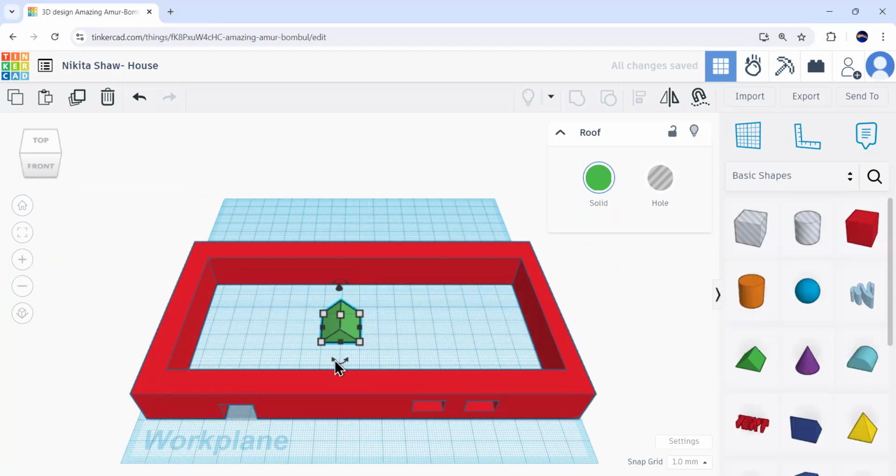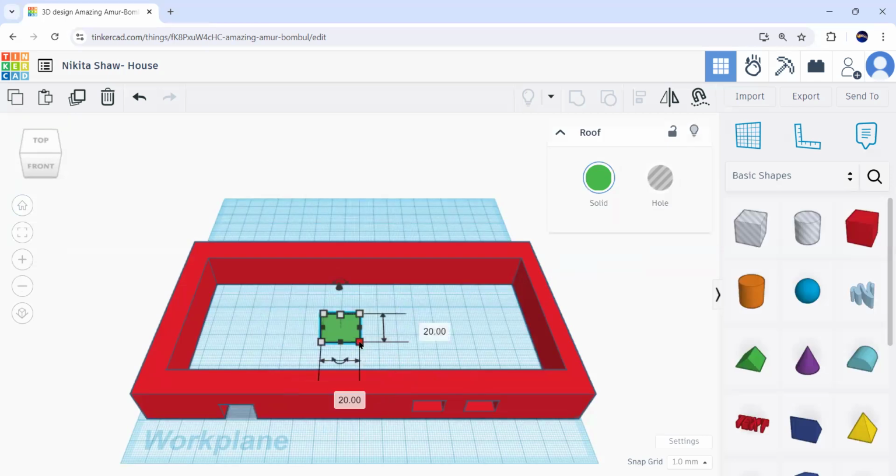Now the next step will be to click on this double arrow. What this double arrow does is change the angle or position of the shapes, right? So again, we click on this double arrow and drag and change it to 90 degrees. We can also do that manually by clicking on this degrees field and changing it to 90 degrees. I hope it's clear to all.